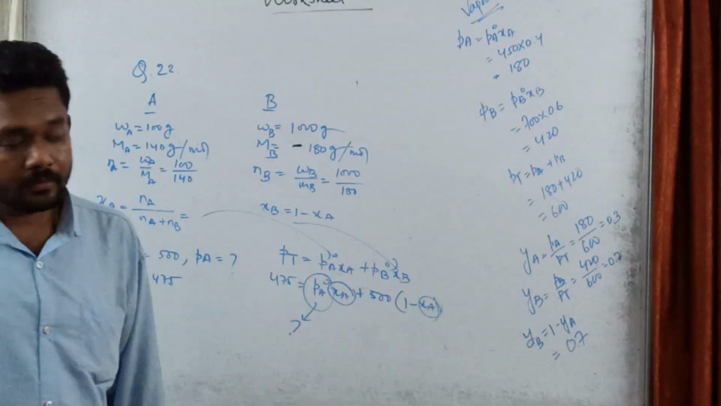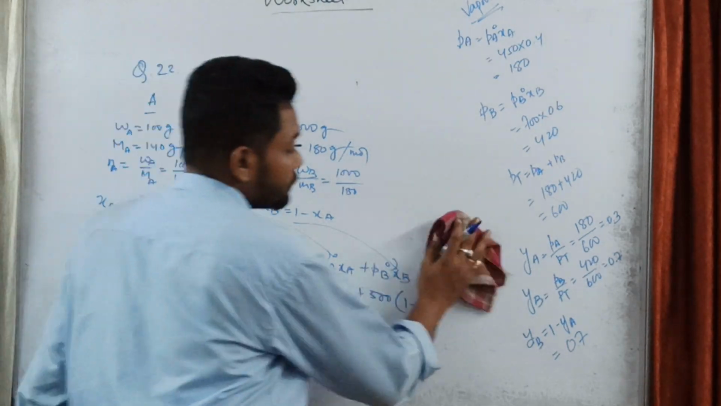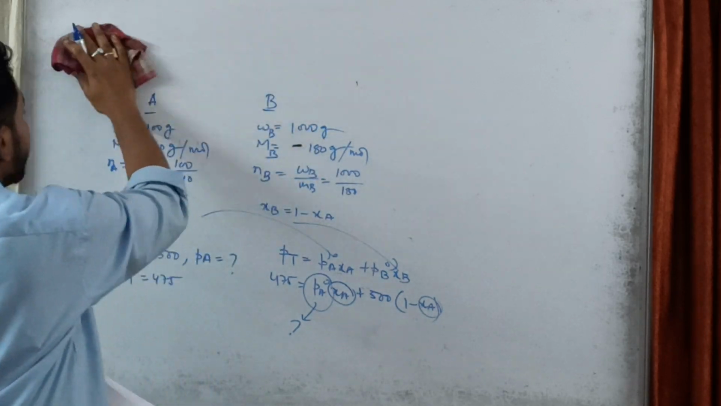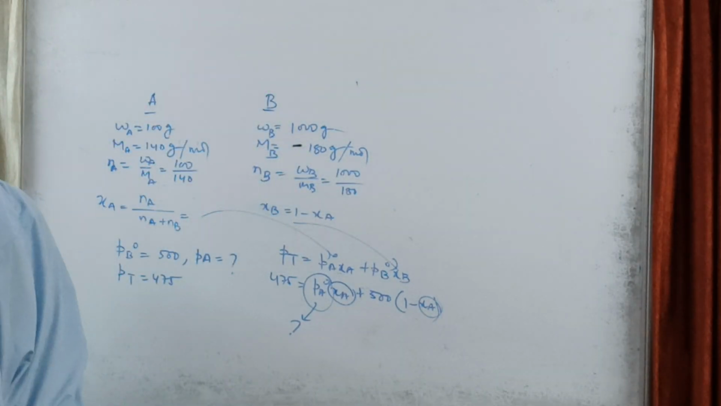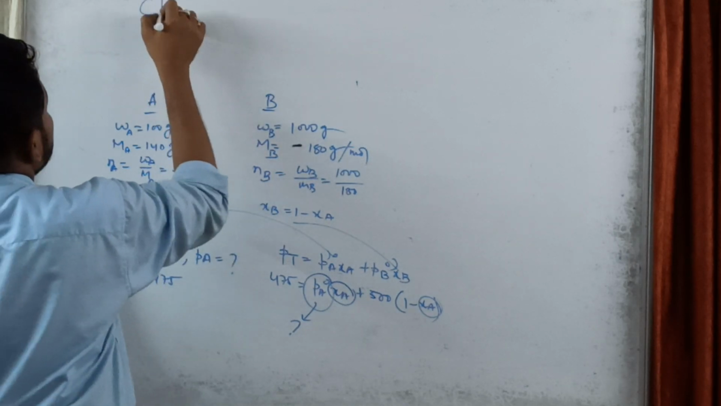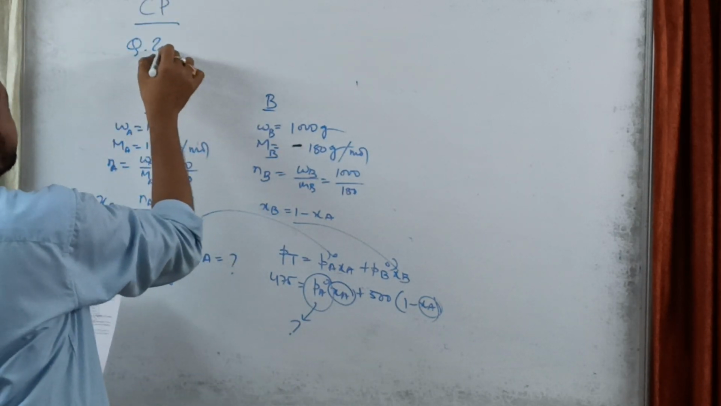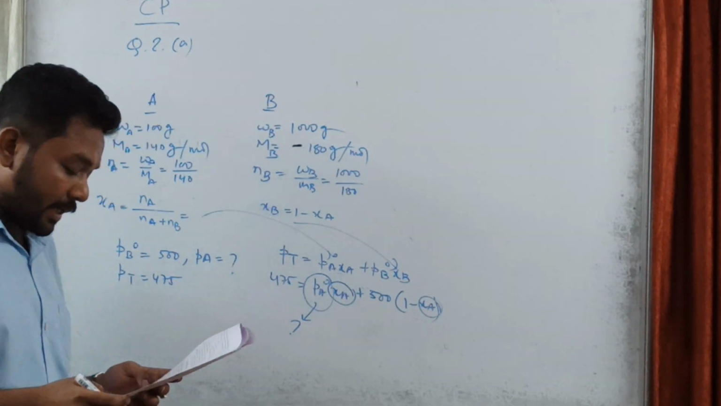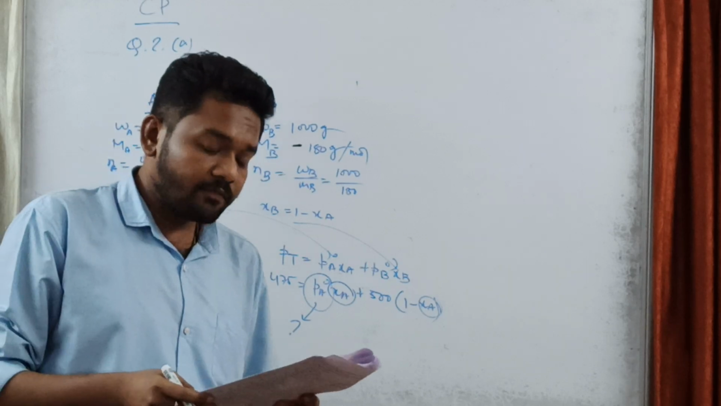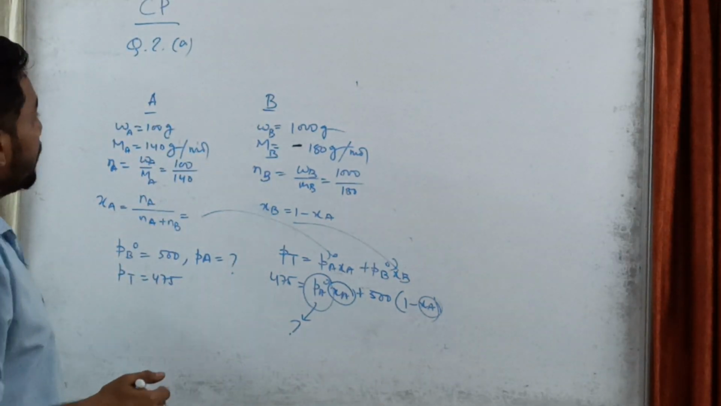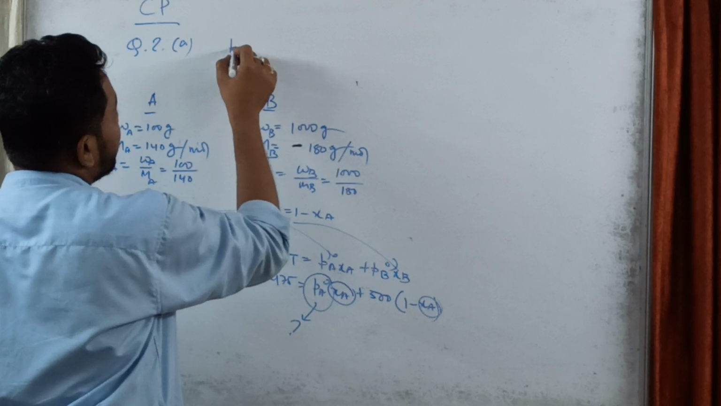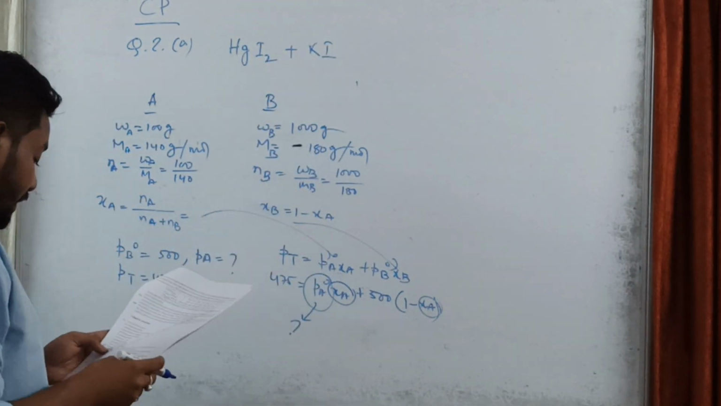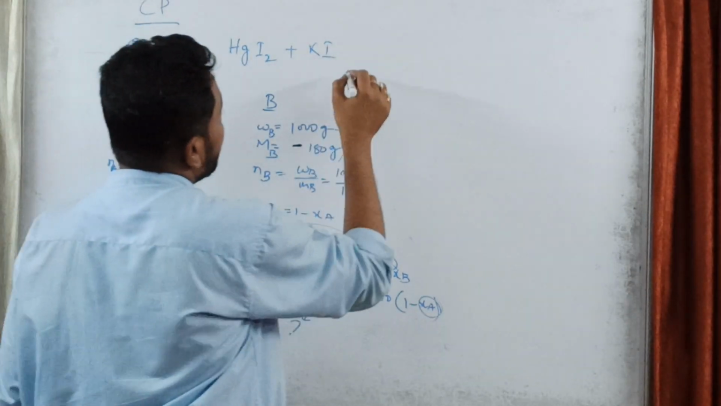Question number 2A, colligative properties. Please concentrate. When mercuric iodide is added to an aqueous solution of KI, the freezing point is raised. What is the reason behind it? Mercuric iodide means HgI2, and when it is added to the solution of KI,